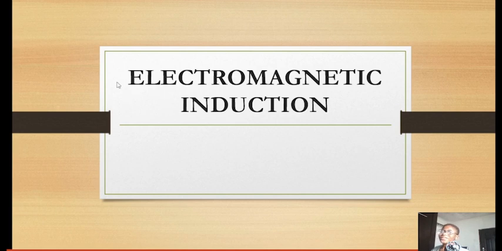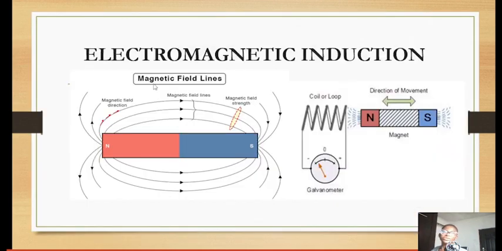Even hearing the title, you already know what it's about: electricity and magnetism, inducing electricity through a magnet. So that is electromagnetic induction. We can see this is a coil or loop, and this is a magnet. So what is happening when this